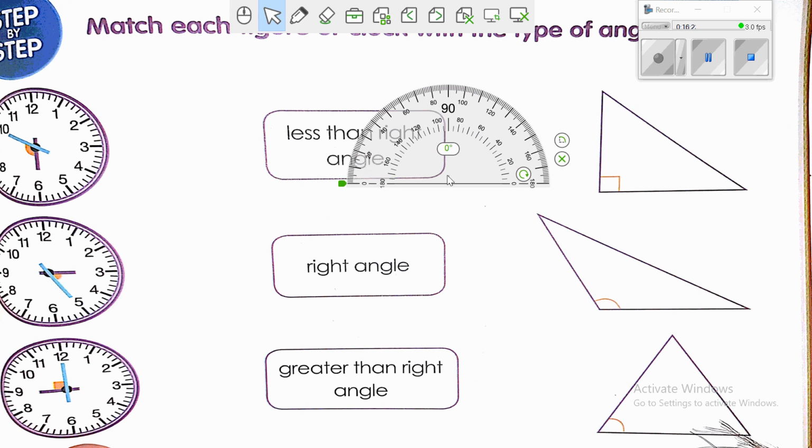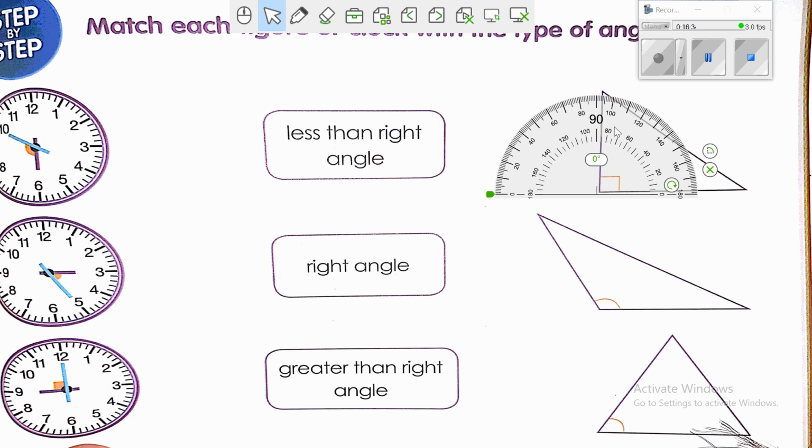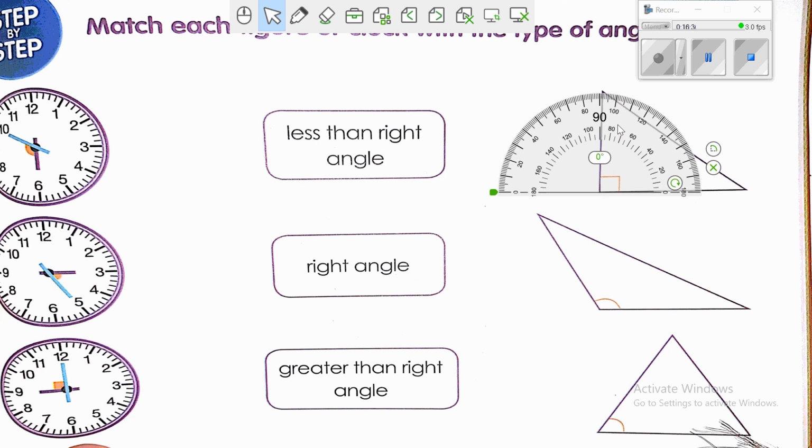Can you see this point? I have to put it in the same vertex of the angle. So for example, I position like this. Okay. Exactly, the side on the side. Exactly. Now